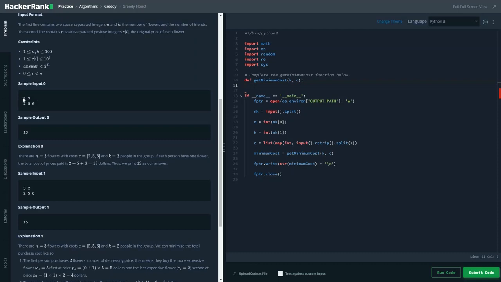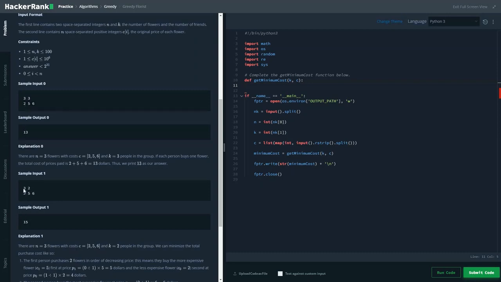So 3, I guess. Okay, K. This 3 is basically the total number of customers, and 2, 5, 6 are the prices of the flowers present here. Our job would be to purchase all the flowers present. So if 3 customers each purchase once, for example, one customer purchases the flower at 2, the other purchases the flower at 5, and the third one purchases the flower at 6 for the first time, so it would be the original price. So the total value would become 13.